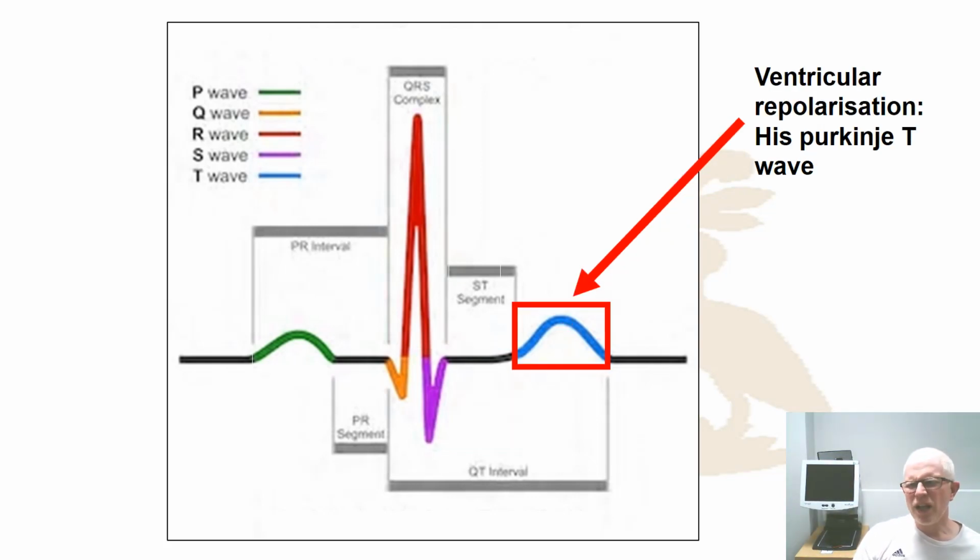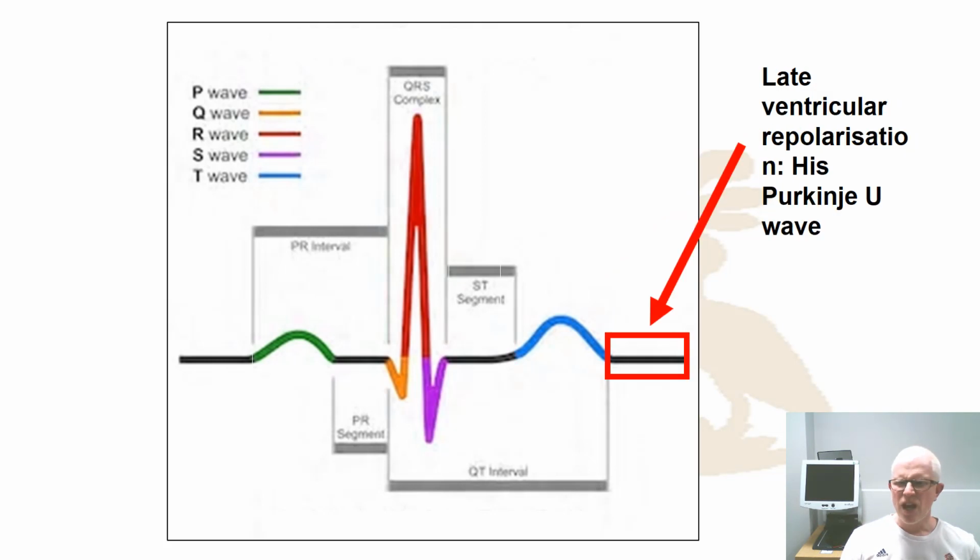We then go to the T wave. So now you've got ventricular repolarization. So now we've got relaxation of the ventricles. And ironically, to get relaxation of the ventricles requires an electrical innervation. It's got to go back to its original length or original state before the process can begin again. And so the bundle of His and the Purkinje fibers are what are innervated in order to create this